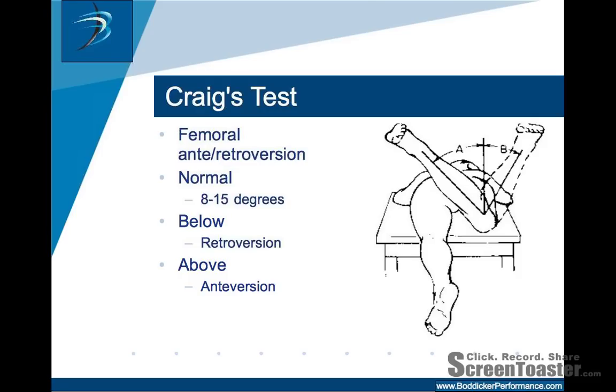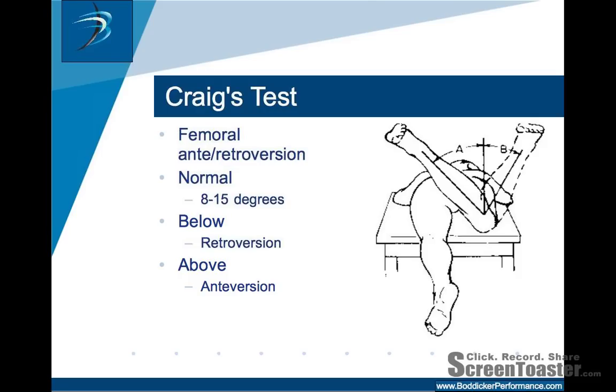Craig's test is not necessarily one that's going to indicate any psoas dysfunction. However, it's something that can help determine if your client's going to be able to internally rotate the hip well enough to actually get enough flexion. It's important to remember that with hip flexion as it's occurring, a degree of internal rotation at that hip is